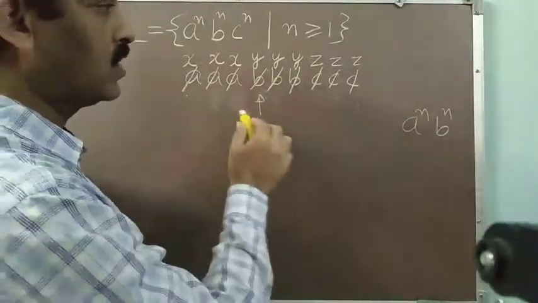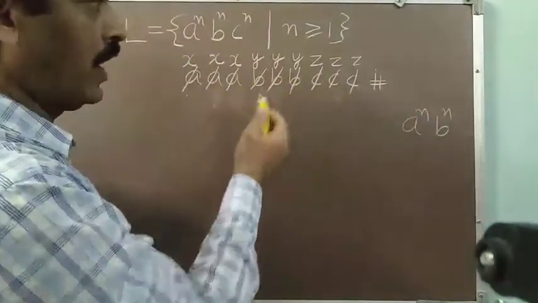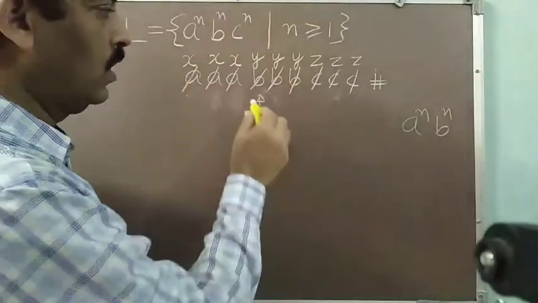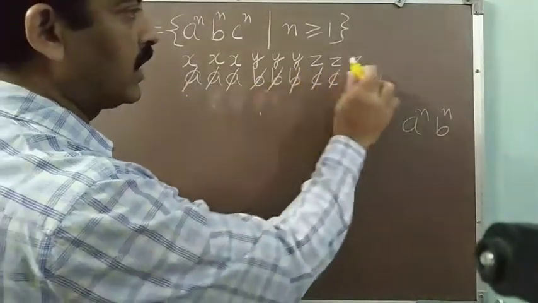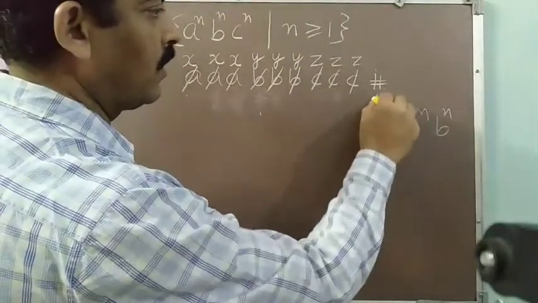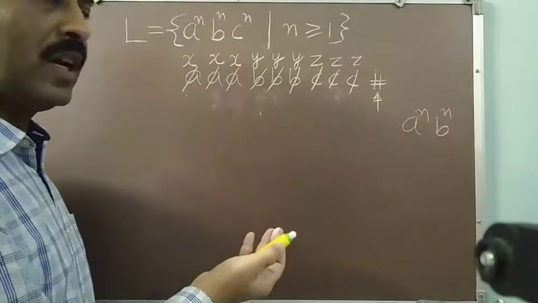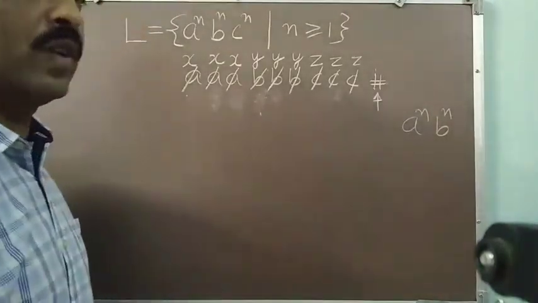So I have to simply check before finding the blank. I should find only Y and Z. I should not find any B or C in between. So I will be moving towards right, and whatever Y or Z comes, I will be skipping, and whenever I reach this position blank, I will come to know, yes, all B's have been successfully converted into Y and all C's have been successfully converted into Z.